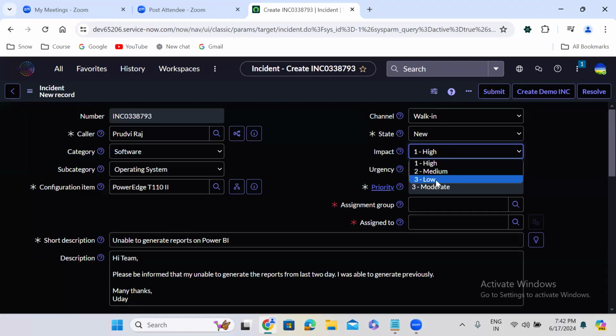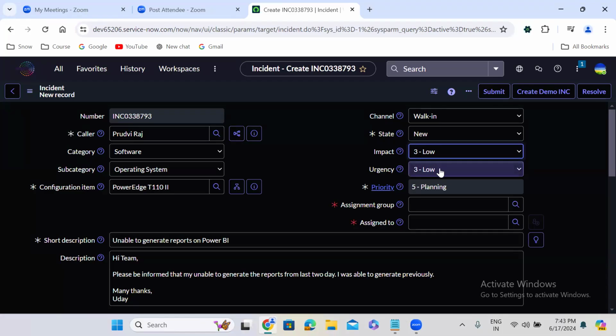You can only create low impact and medium impact incidents, because you can only understand that you are facing the issue. You can only understand that your team is facing the issue. You can't understand that your total organization is facing the issue and all. That is why you will create low impact or medium impact incidents. If you are the one who is facing the issue, you will select low. If your whole team is facing the issue, you will select medium. If whole organization is facing the issue, then it will be selected as high impact. High impact means if whole organization is facing the same issue, then it will be high impact. For now, I am selecting low impact here.